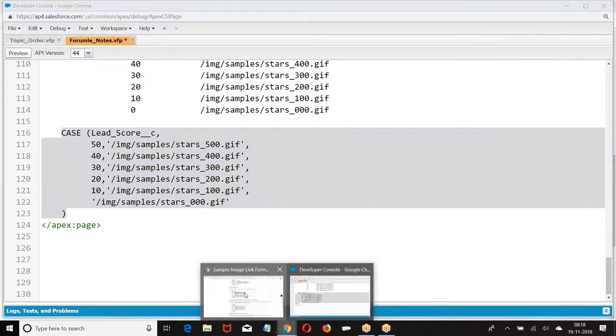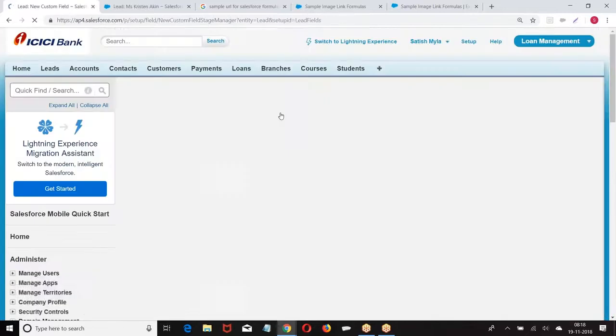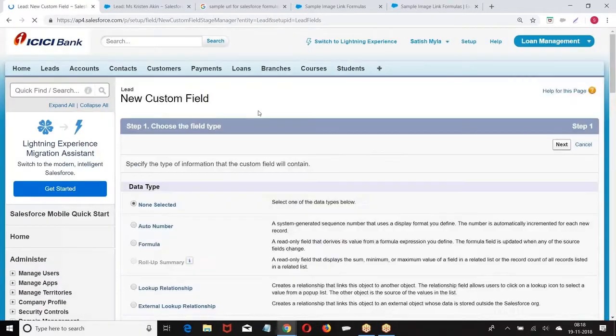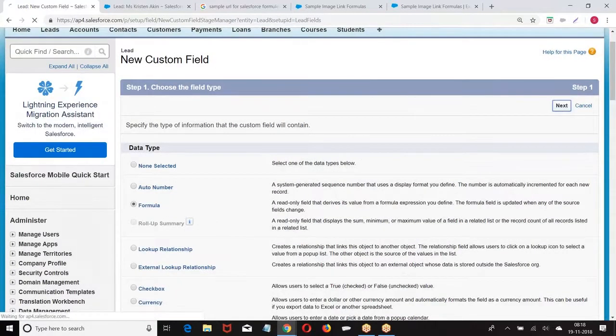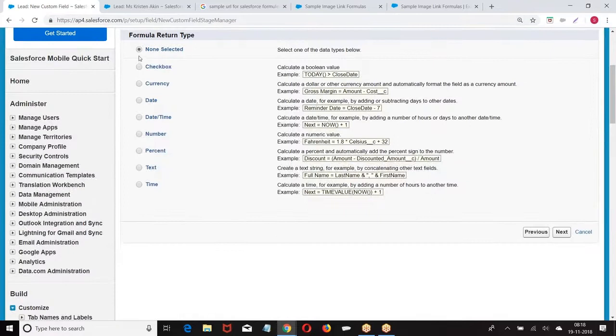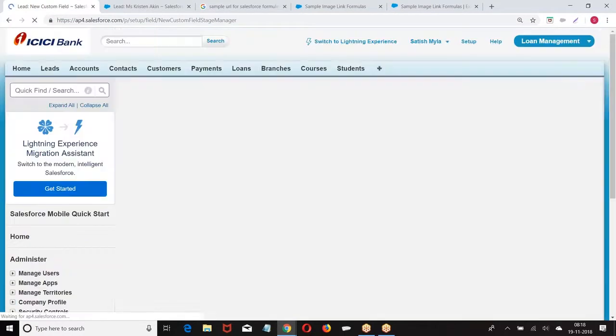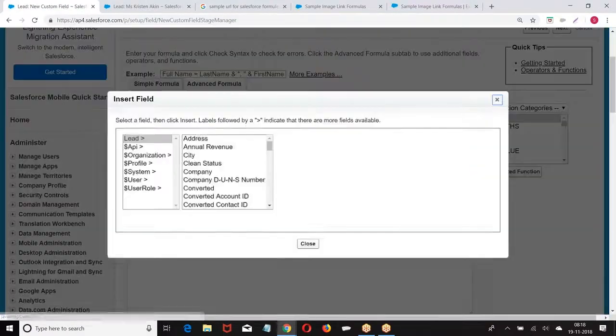So go back to the fields, new field, formula, next, rating URL. What type of value are we going to get? Text. Actually, I require a URL, but a formula gives me only text. What is the field we have?